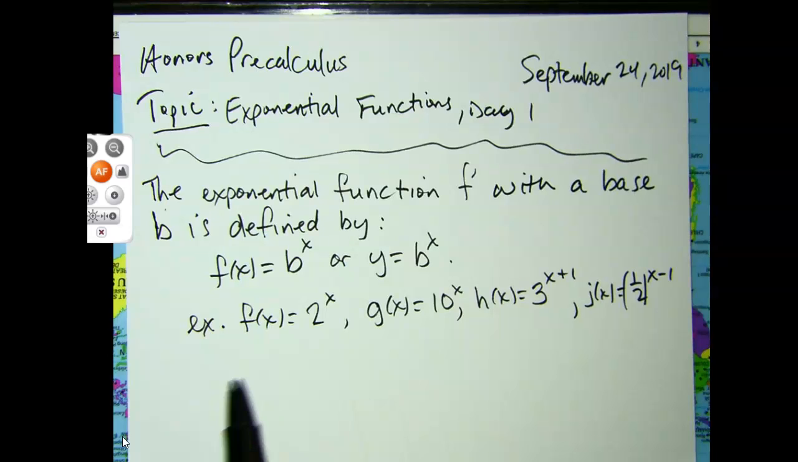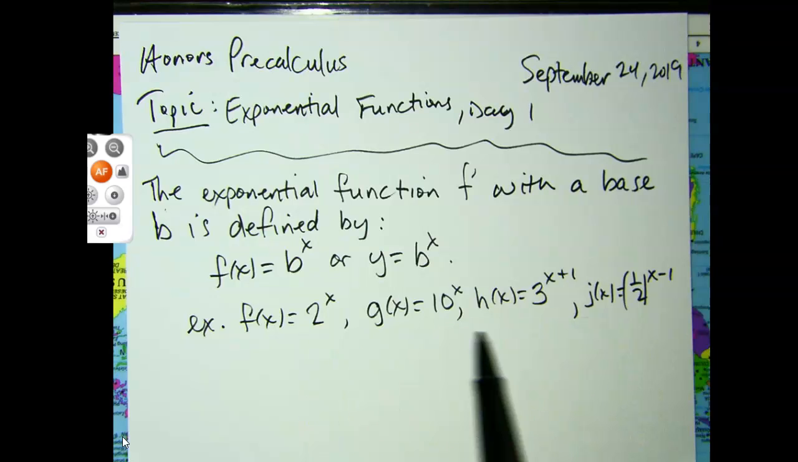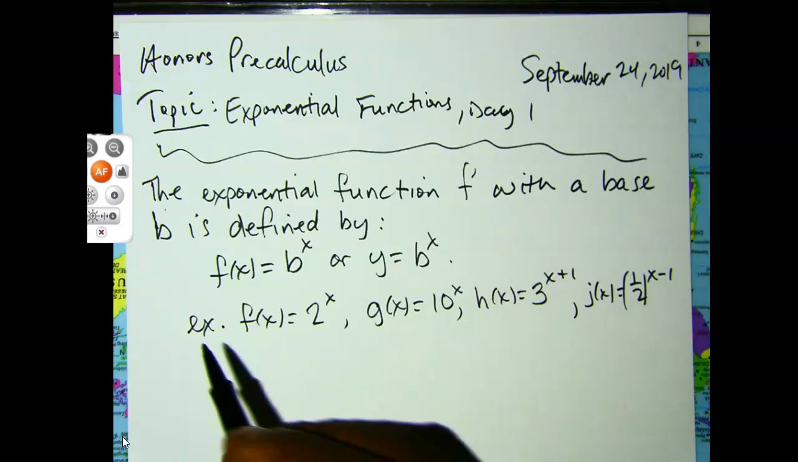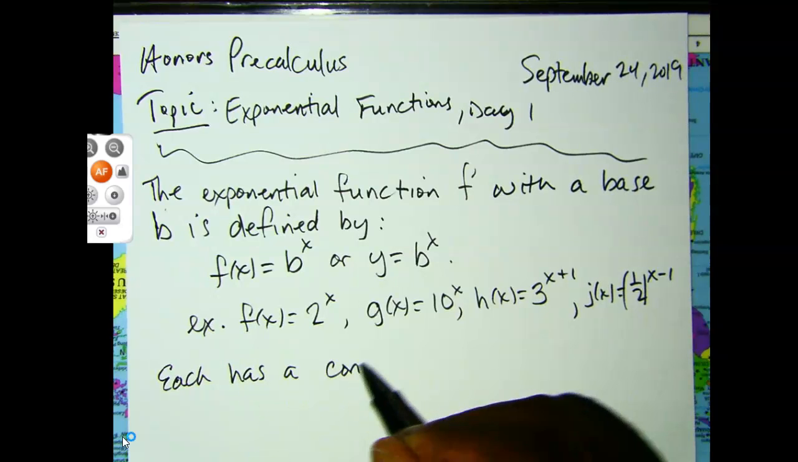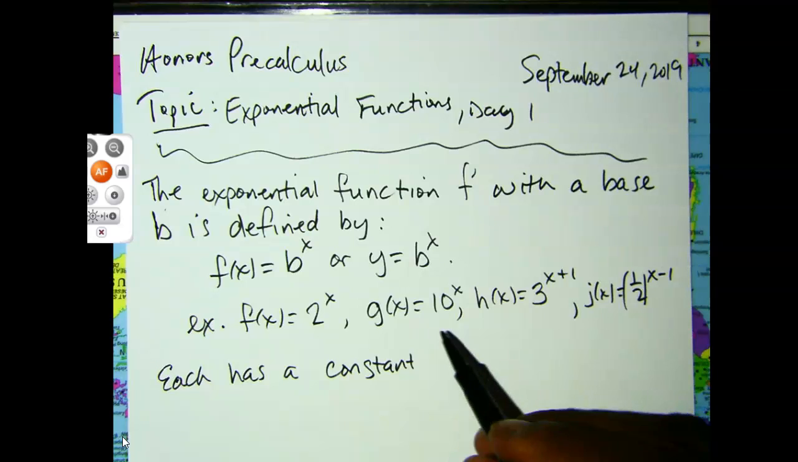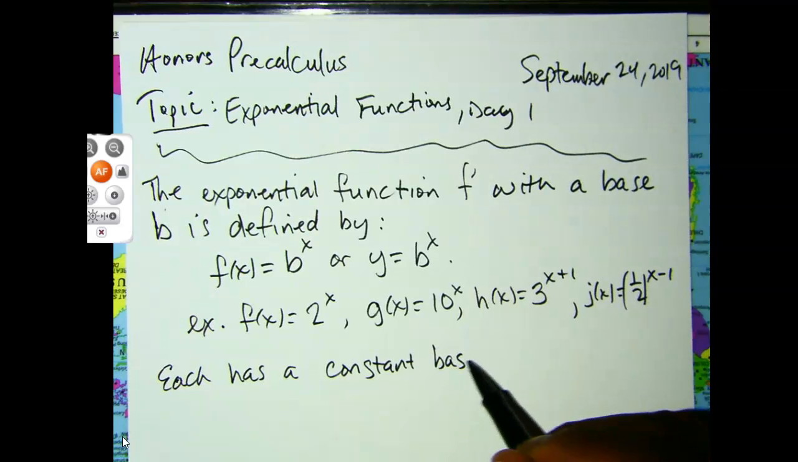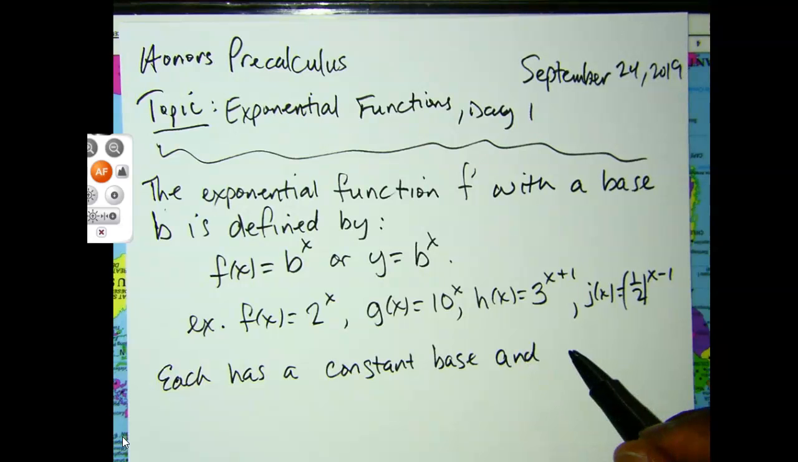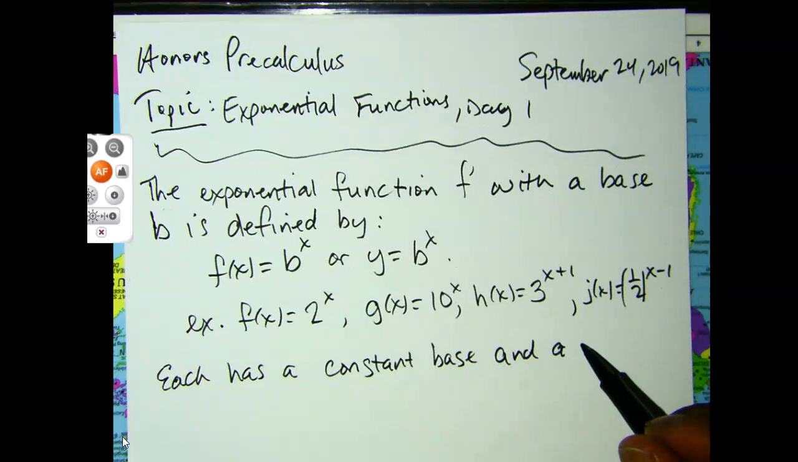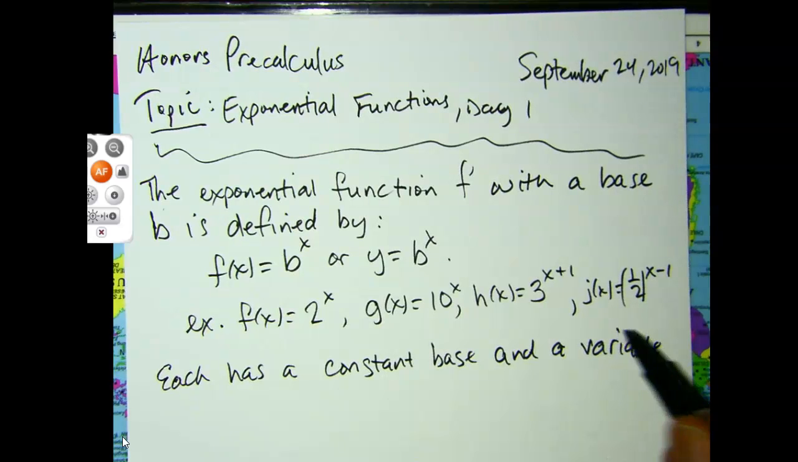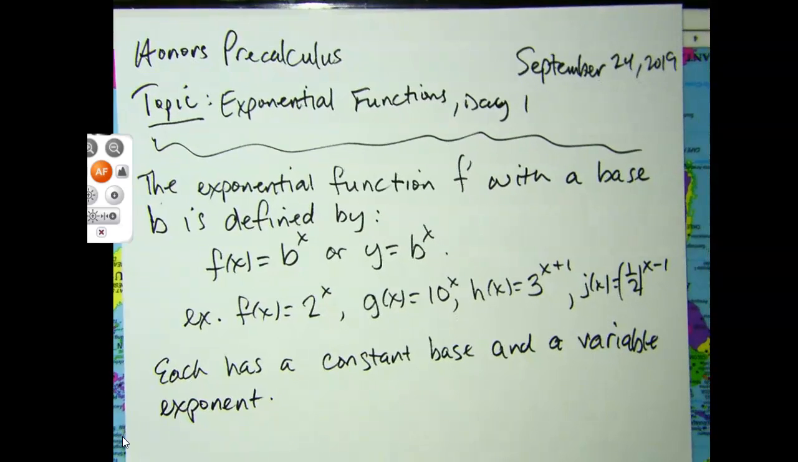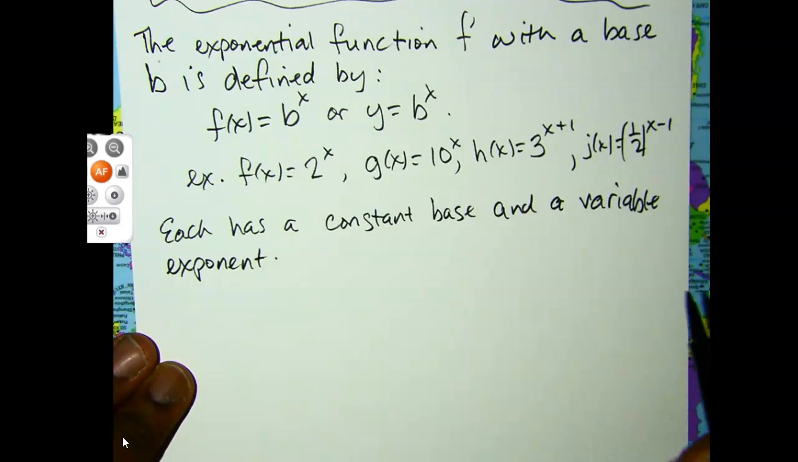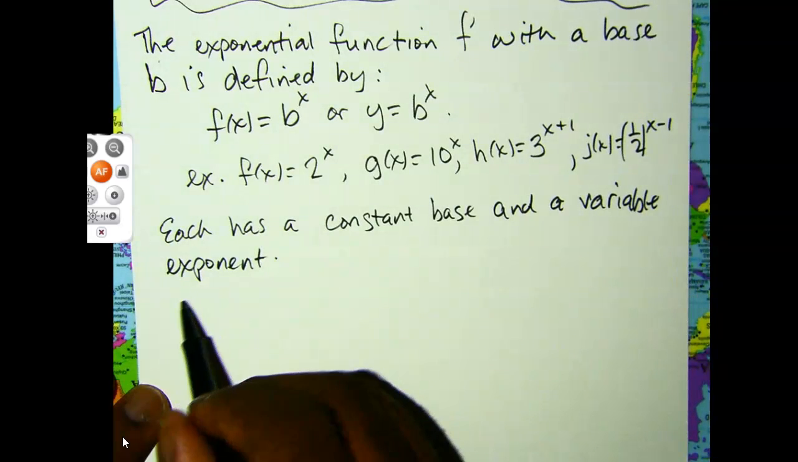Now what we notice with an exponential function is that each of these has a constant for a base and a variable exponent. So each has a constant base and a variable exponent. So by that definition,